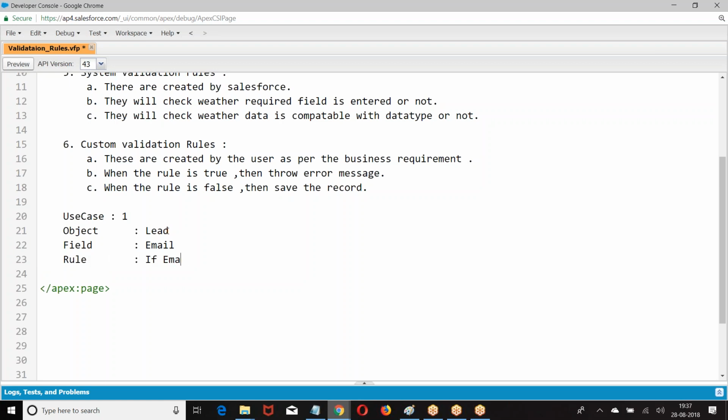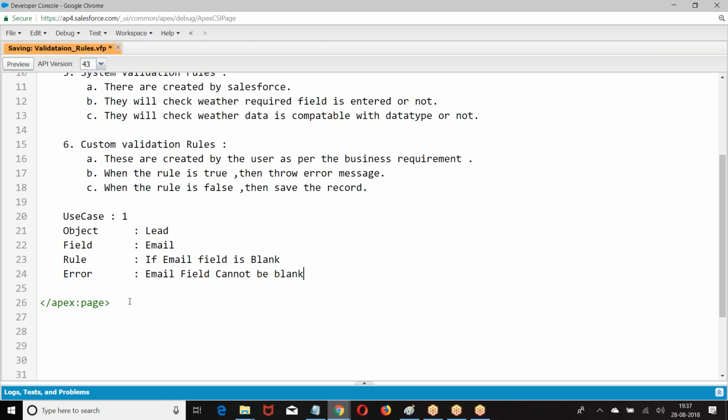If the email value is blank, the email field must not be blank. On the lead object, I am writing a rule on email. If the email field is blank, throw an error message. You cannot create a record with the email field blank. So when a new record is created, if the email field is blank, throw an error message.